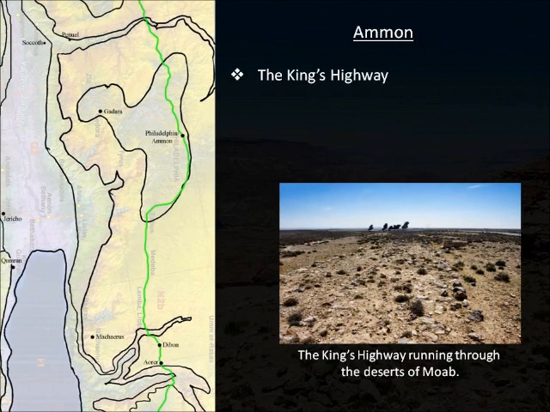So now that we've done water and mountains, let's shift gears and do highways. There's really only one major highway you're going to want to know when it comes to the Transjordan side of the map. And that's this very long road called the King's Highway. This is the road that will connect Damascus, all the way in the north end of our large map, with Arabia, going further south than even our map allows. But here in Ammon, the King's Highway will start in Moab, and it will travel north.